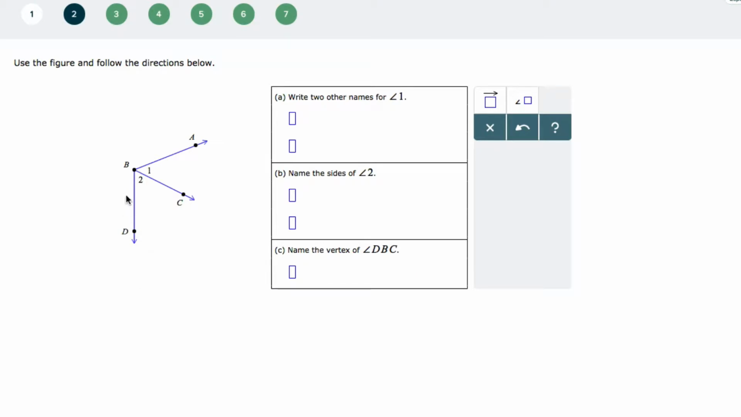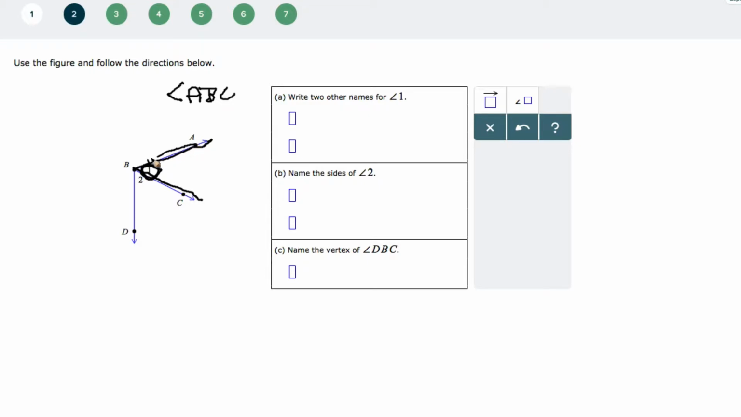Use the figure to follow the instructions below. Write 2 other names for angle 1. Angle 1 is this angle right here. And we know that because it's got the 1 right there. Okay? So what else do we know about that angle? It has the rays BA and BC. So it's got the vertex of B. So we could say this is angle ABC